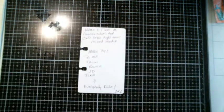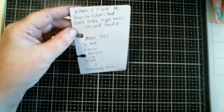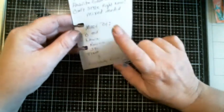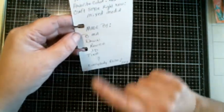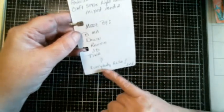Then when you turn it over, it has none of her own information. Not one iota about Els. Too funny. She's got name, Tina M. That's me. Favorite color, red. That's mine. Craft style right now, mixed media. That's me. But she's got made by Bima, Dawn, Renee, JD, Tina, and then a little mark, and everybody else